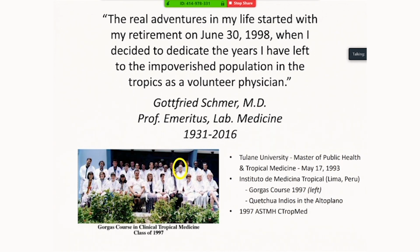But to prepare for retirement, he went to Tulane University, where he obtained a Master's of Public Health. He spent time in Peru and took the famed Gorgas course in tropical medicine. And then he worked with people in the Altiplano region of Peru. He attained a certificate in tropical medicine from the society I belong to, the American Society of Tropical Medicine and Hygiene. And here you can see Gottfried, the retired aged guy, amongst all these young Peruvians and other international students